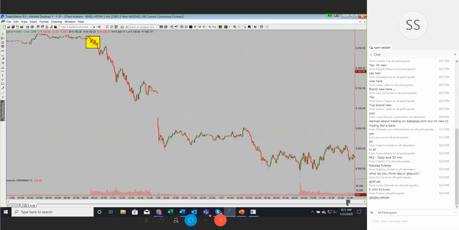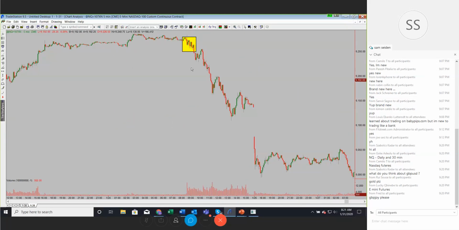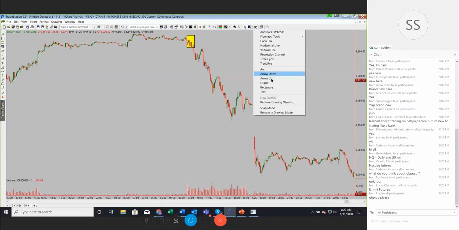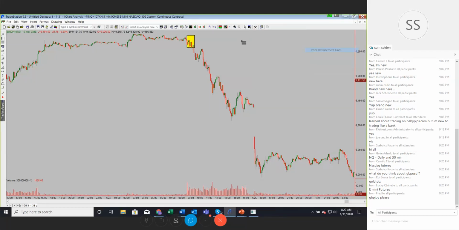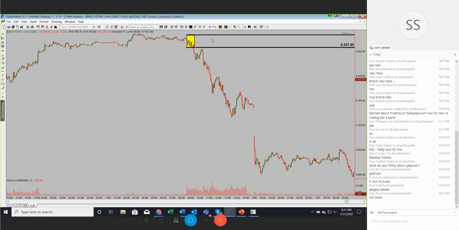Okay. So this level worked out fine for us yesterday as far as kind of a day trade type area. Now we have a level up here. This is not a high probability level at all for a number of reasons. But nevertheless, if price is going to turn, it's likely to turn here. Anybody that's been with us, why isn't this a high probability supply zone? It's certainly not a level that I would take. I wouldn't be surprised if prices turn there, but it doesn't meet the criteria that I look for.